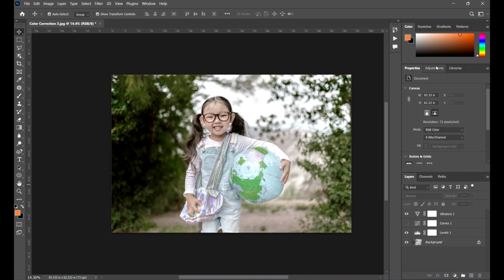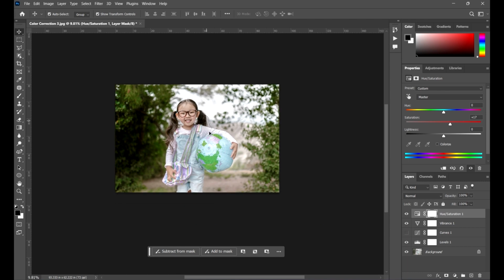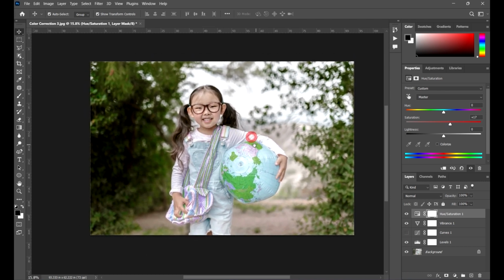Perfect. Next thing is our saturation. Okay, saturation. And then yeah, so our colors should be more saturated. You got it. Perfect. Okay guys, so the next thing we'll do is